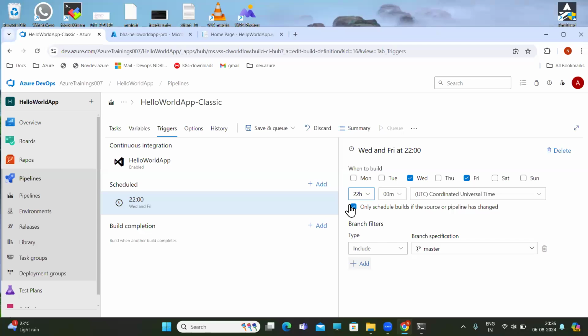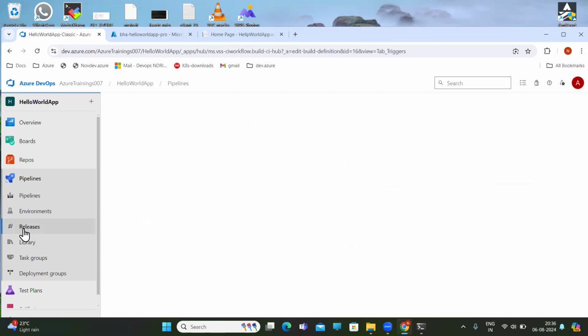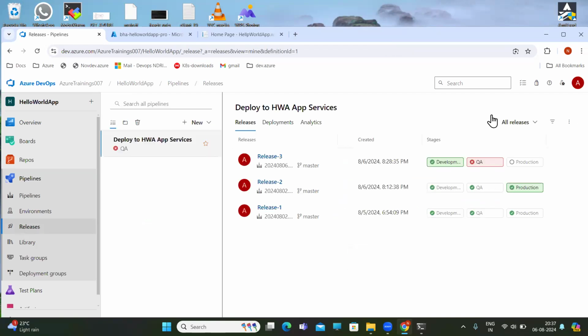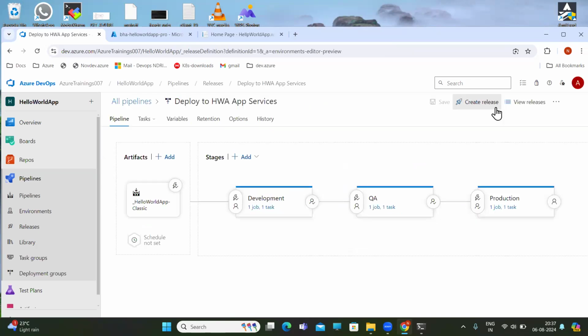See, right now, what we have done to edit this, this is in sequence. After completion of development, let's start QA. Sometimes what happens, you may have to do things in parallel. If you remember in our demo,